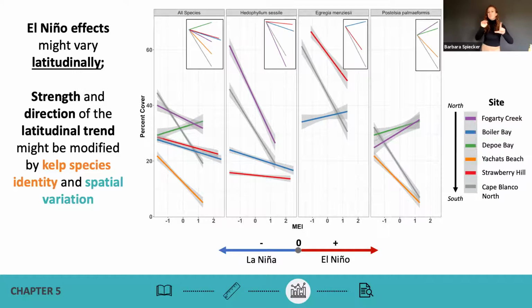Looking at this figure here below, you see we have MEI, multivariate ENSO index, on the x-axis, and MEI is a metric of ENSO. You see the negative values down below on the left indicating the cool La Nina phase, and then positive values indicating the warmer El Nino phase. And percent cover is on the Y. The color code on the far right, you see Roy G. Biv backward for the Oregon coast sites, the cold colors more toward the north,